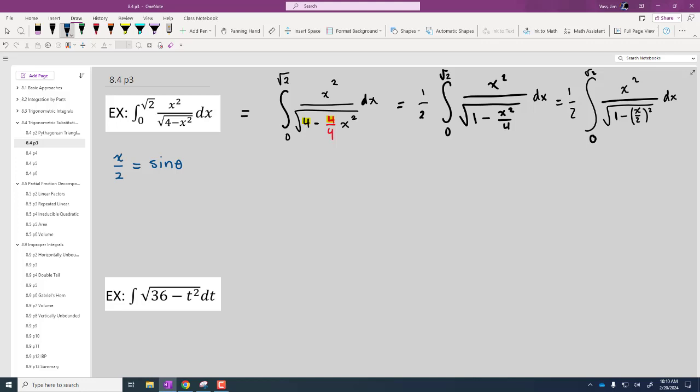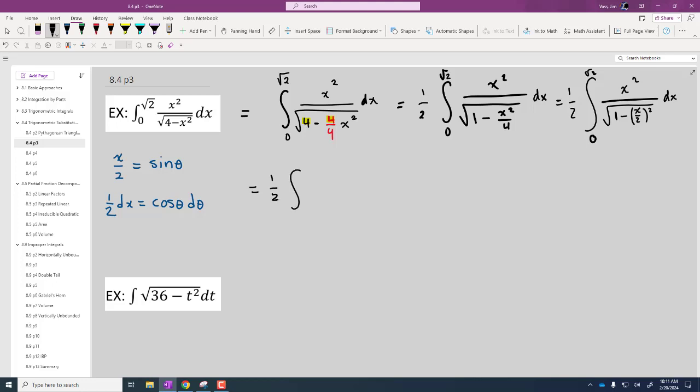So now we have to do what we always do with substitution. We have to take the derivative of both sides, because we have to turn everything into thetas. So here we get 1/2 dx. The derivative of the right is cosine of theta d theta. Now we're going to use these two to replace everything inside that integral. We'll worry about the limits of integration after we get all the guts replaced. So we have a half out in front,